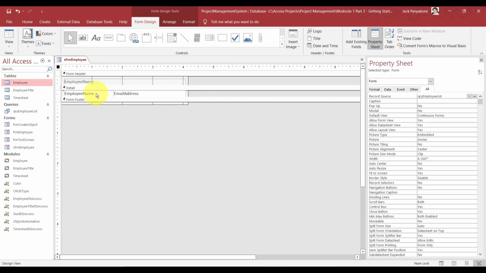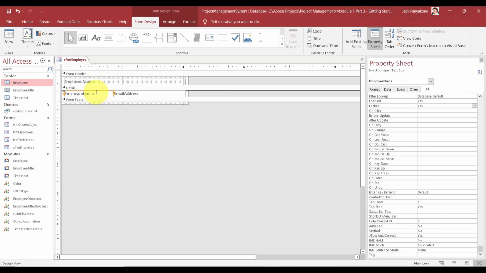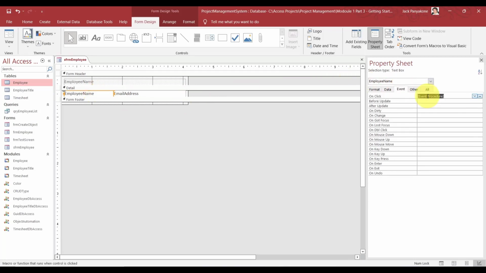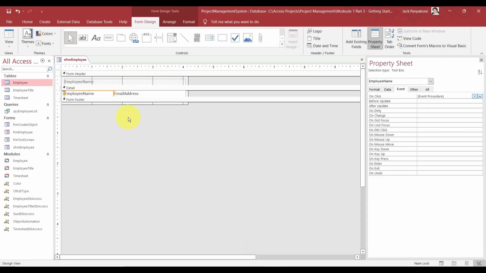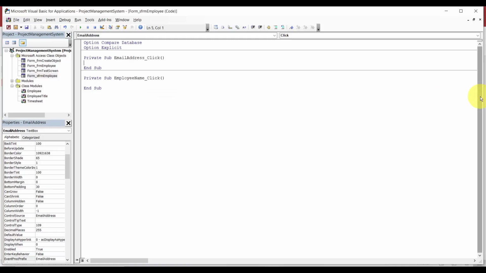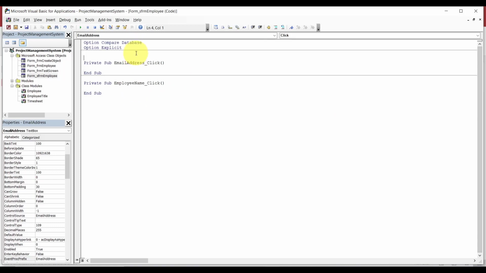Let's do a click event on this employee name. Go to event, click, and let's get back to the front end. Click on this email, do the same, click event. Good. Now we can add